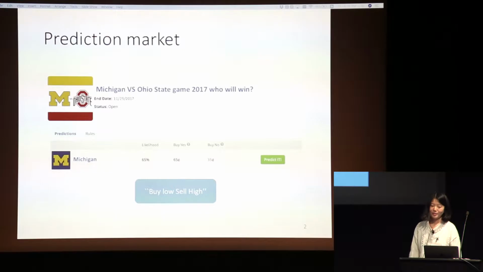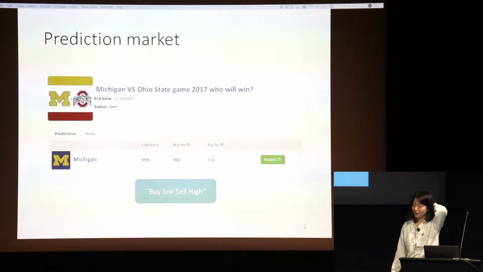Okay, so what is a prediction market? Prediction markets provide a compelling and unique way to sell information and aggregate information. So here is an example, a football game. If there is a game between Michigan and Ohio State,